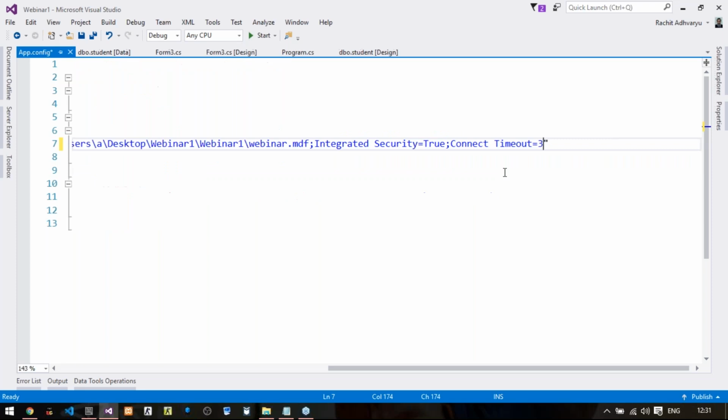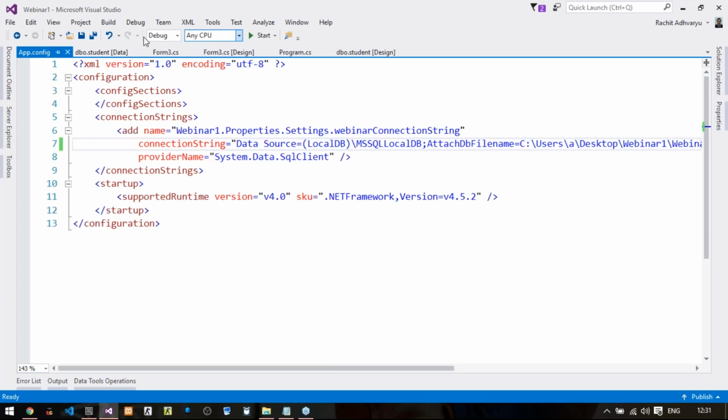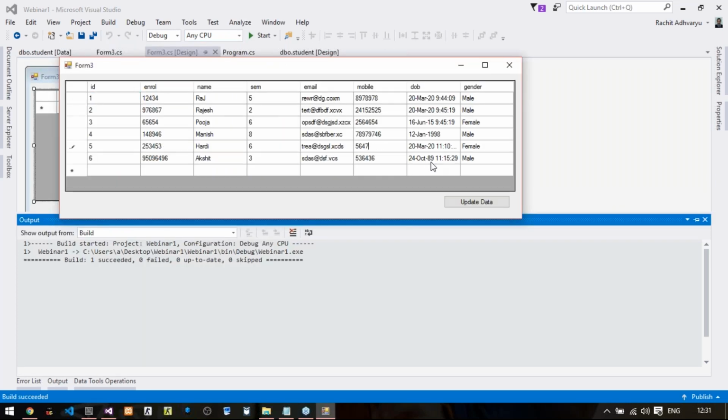Again, let us change the name to Manish, and the mobile number. Update data, close this, refresh the database. See, Manish has been changed.